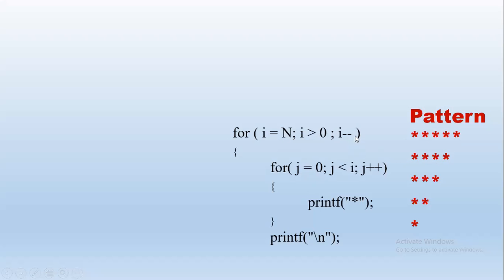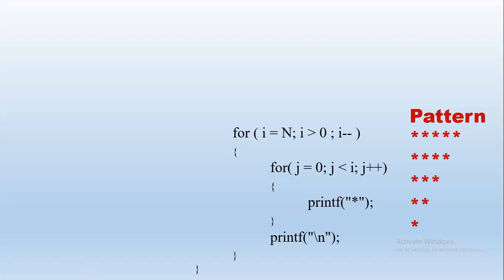So the second time, the i value decrements. If we take n as 5, for example, as input, i was 5 in the first row, then it becomes 4. Now j should work till less than i. So 0, 1, 2, 3. It will stop. How many? 4 values. So j will stop when it becomes equal to 4, right? So j less than i is the condition. Similarly, for the third, fourth and fifth rows, the j value is taken from 0 onwards up to i. Okay, so we see that the j value is dependent on i, right? So that is the logic.